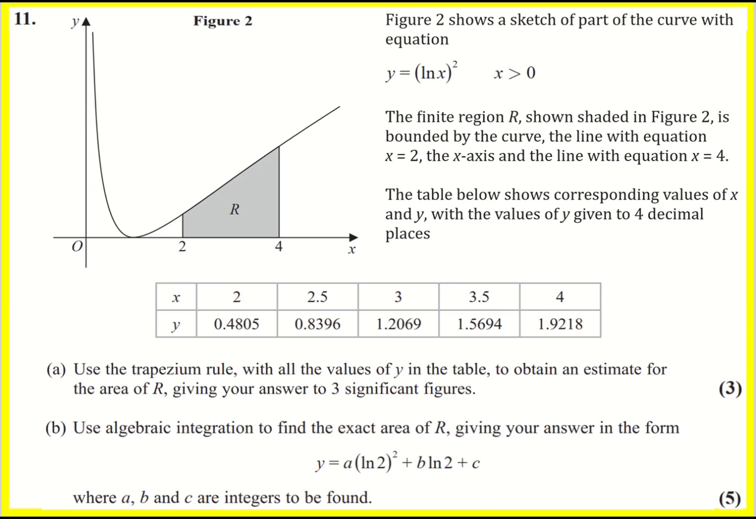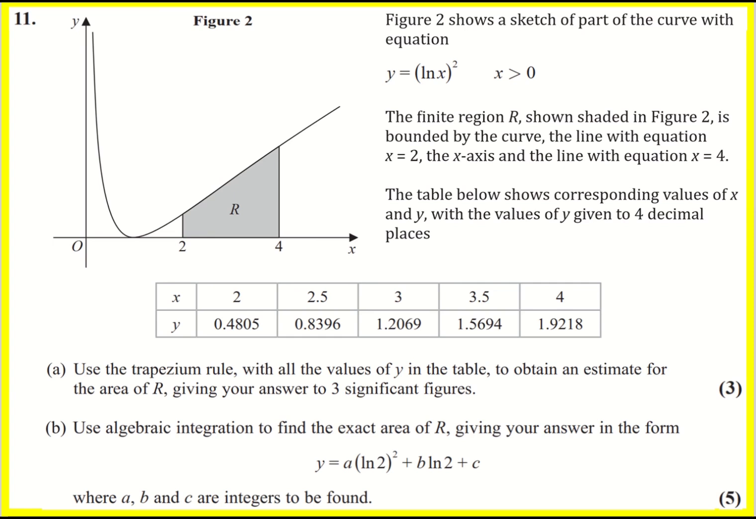Figure 2 shows a sketch of y equals (ln x) all squared. Note this is different from ln x squared, where we're only squaring the x. Here we're finding ln x and then squaring it. The finite region R, shown shaded in figure 2, is bounded by x equals 2, x equals 4, and the